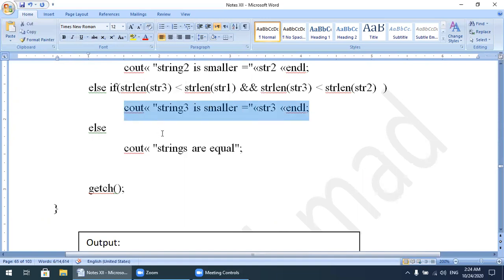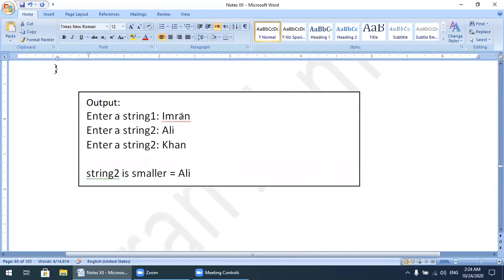Now, if all have the same values, for example, Imran, Ahmad, and Khana all have 5 characters, so all strings have the same length. What will be the result?